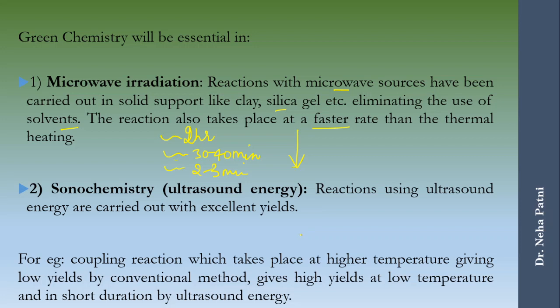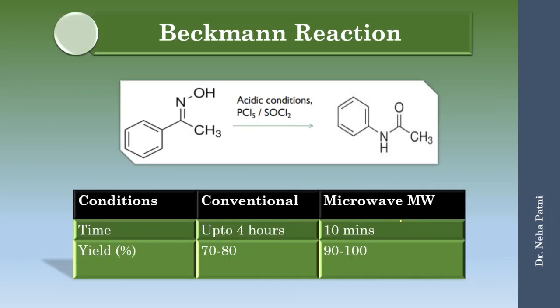Similarly, we can use ultrasound energies also, and these reactions give you good yield and use low temperature. So both ways it's a win-win situation. In fact, I've seen preparation of biodiesel also. Earlier it used to take 6 to 8 hours for the filtration and all, but right now when you use these ultrasounds or ovens, within some minutes it is ready. Similarly, for the preparation of anhydrides, you simply have to heat for a few minutes and your anhydride is prepared.